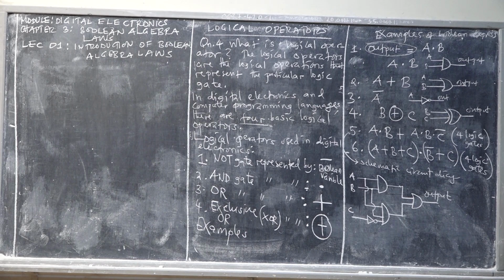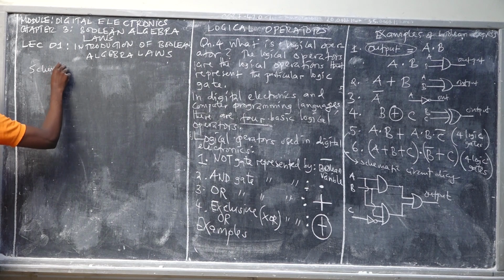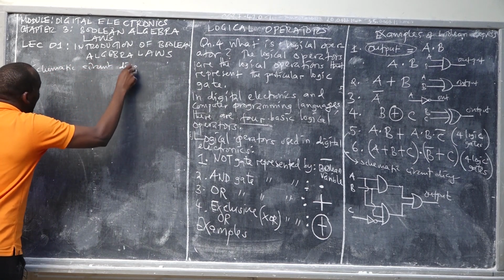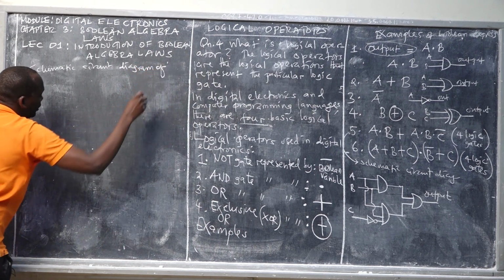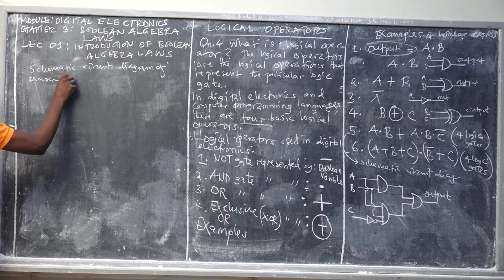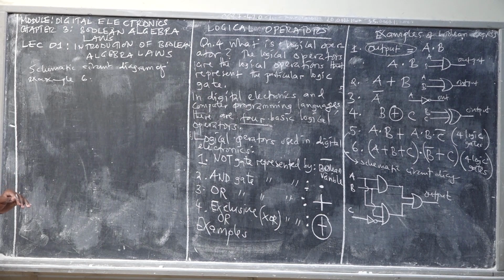Okay. So let us do the correction. The schematic circuit diagram of example 6. So let us go together because you tried, and let us analyze whether you are right or you made a